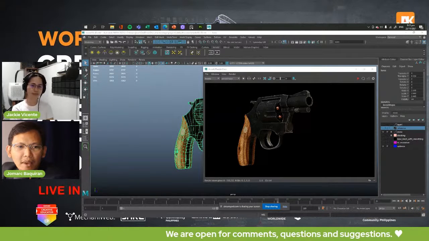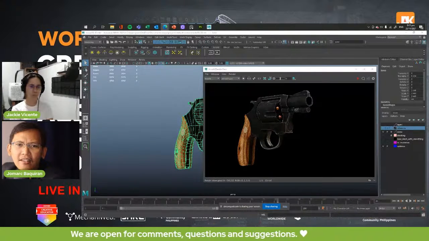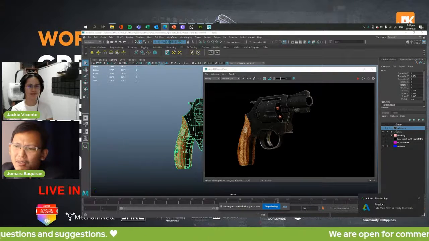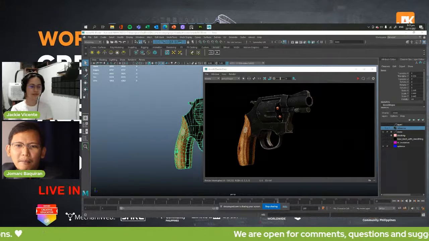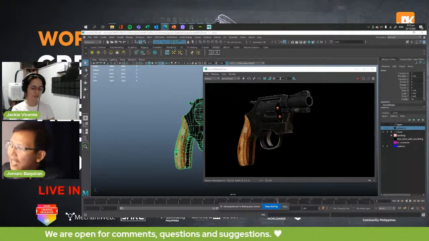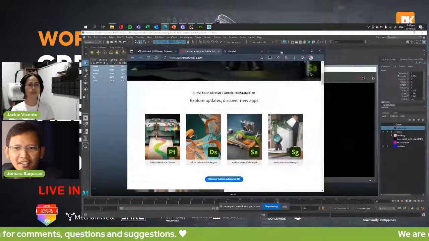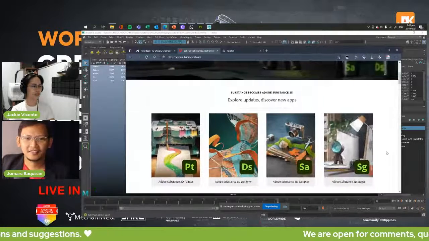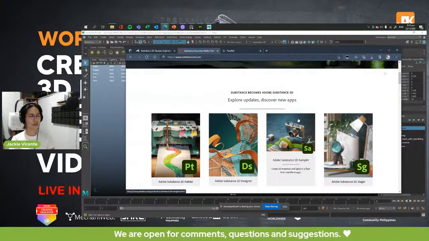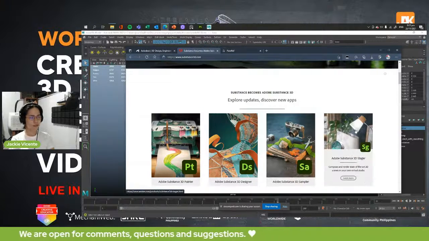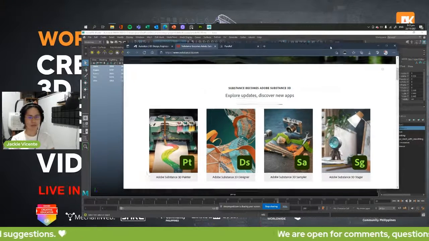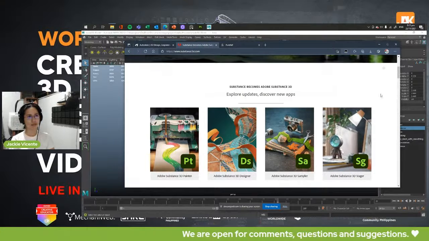So, another question. There's so many products under the Substance category, Miss Ja. Any idea what the difference is between them and which one should be learned? We're seeing here painter, designer, sampler, stager. Etong painter and designer pa lang yung na-encounter ko. I haven't used sampler or stager, but based on what I've seen in their introductory video, I guess